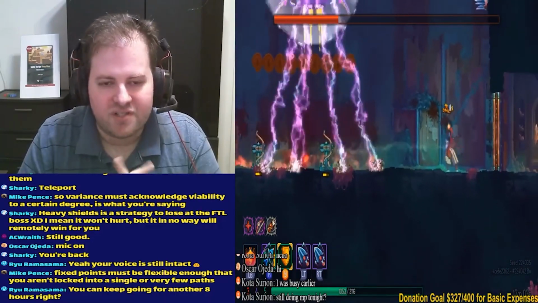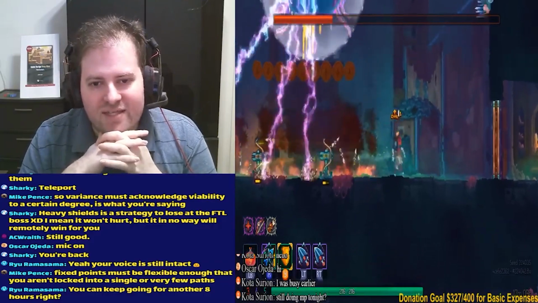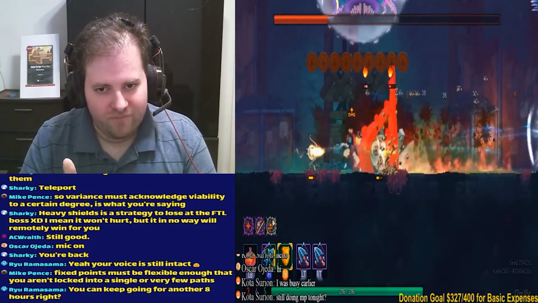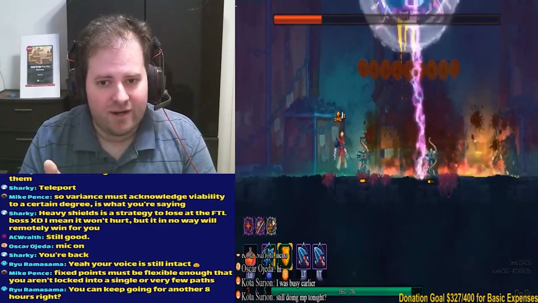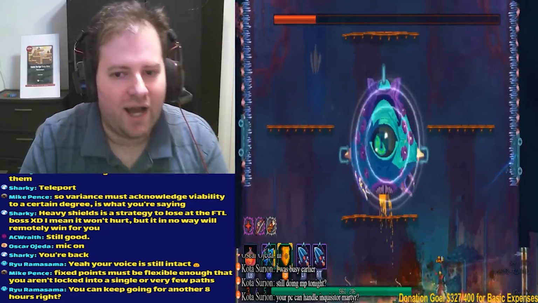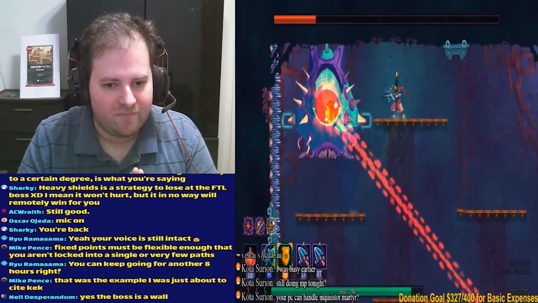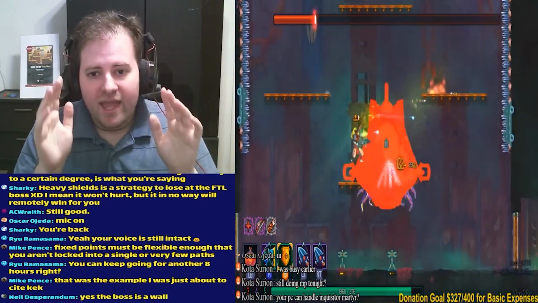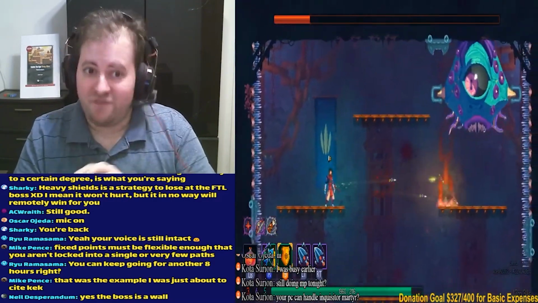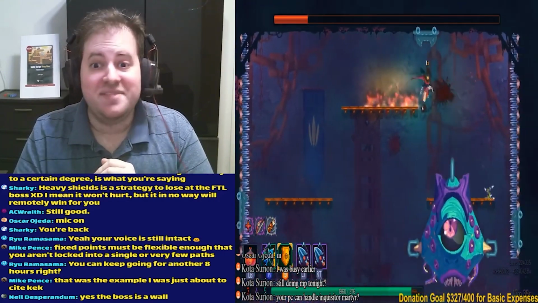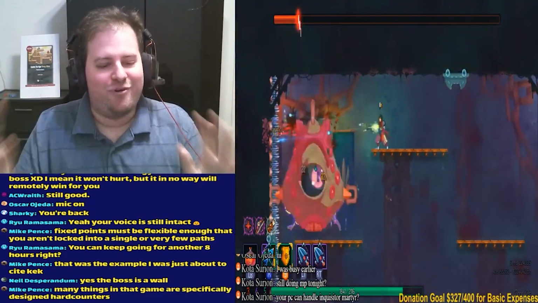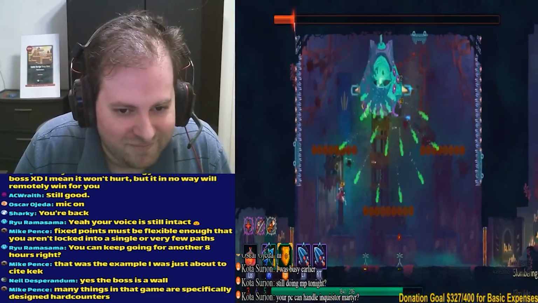Slay the Spire is another example of this. If you, for instance, have a deck strategy in Slay the Spire that is built heavily on card draw, and you run into the Time Eater, he flat out counters you. Sure, you can attest to what happened to me in Rise of the Slime, where if I have a fire-based build and I run into an enemy or a boss that is completely fire immune, guess what? I am dead. Like, I am literally dead. There is no way for me to beat that fight if he counters fire.